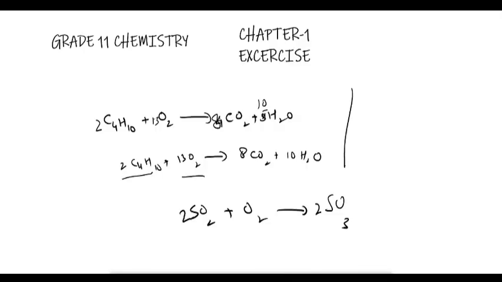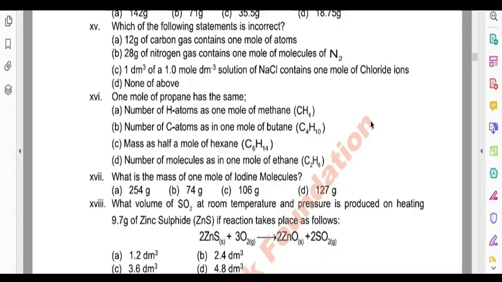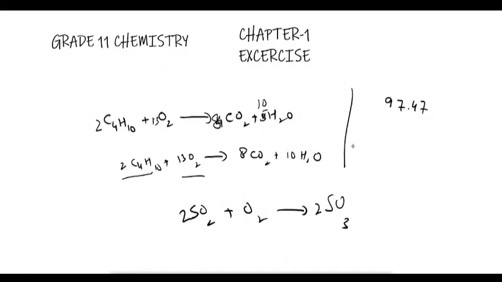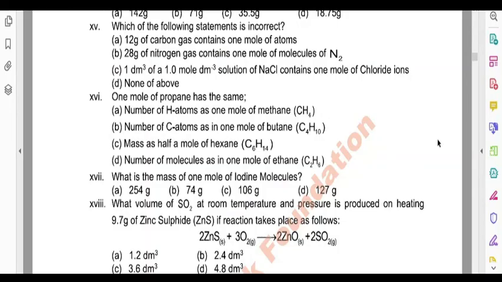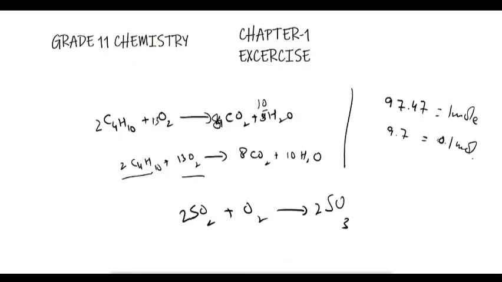So the molecular mass of zinc sulfide is equal to 97.47, and we have 9.7 grams, and this is equal to 1 mole. So 9.7 grams would be equal to 0.1 mole. So from the balanced chemical equation, we can see that 2 moles of zinc sulfide produce 2 moles of sulfur dioxide. So 0.1 mole will produce